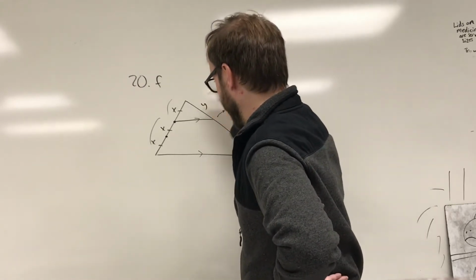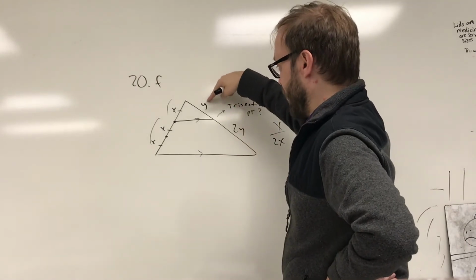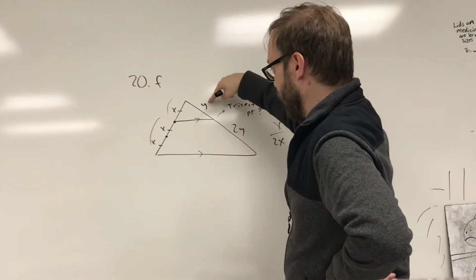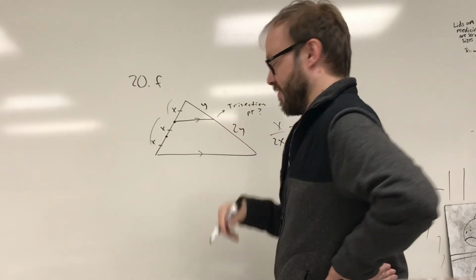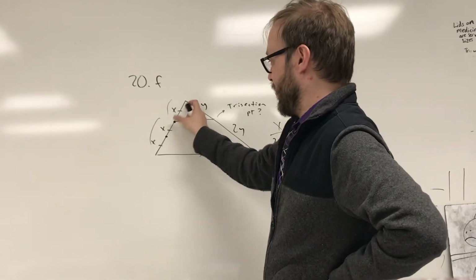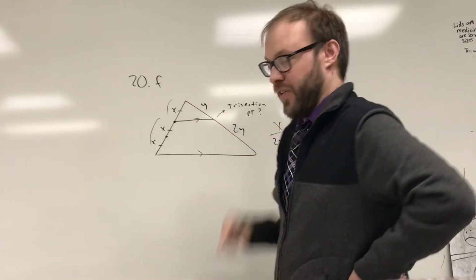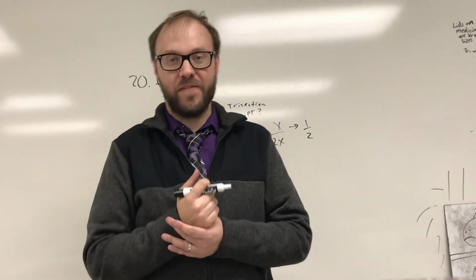You might have a y and a 2y, but guess what? That still has to be one third of the overall, or it has to be half as long as that. And so yes, that in fact is going to be a trisection point because it's 1/3 of the length. Okay, so if this is 1/3 of the length on that side, that has to be 1/3 of the length on the other side, which would also have to be a trisection point. So 20F is going to be always